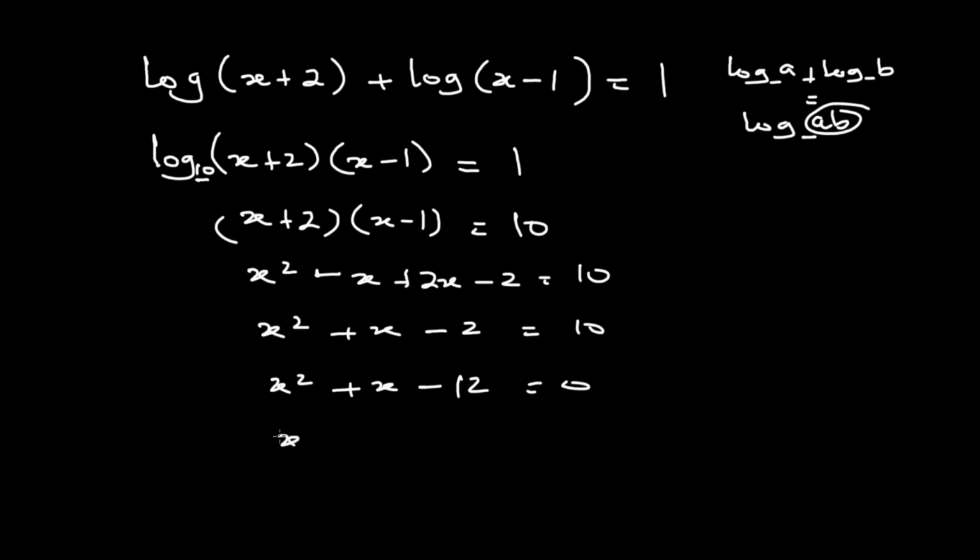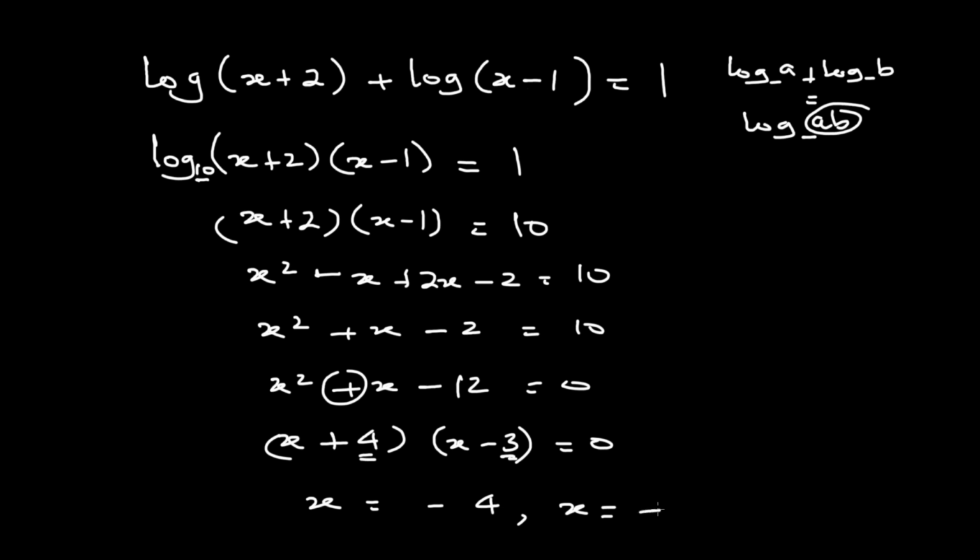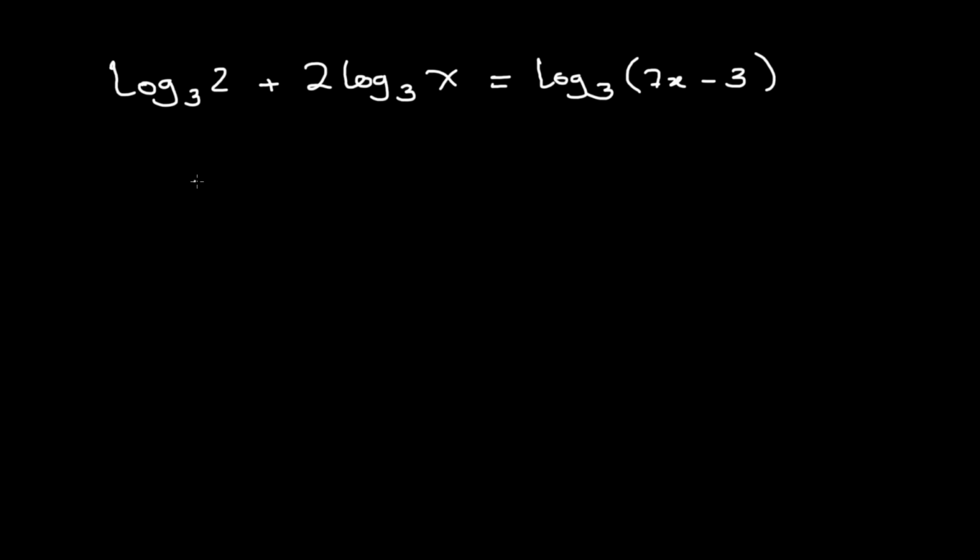Tells me that my situation here will be this and that, because I need a positive here. This is bigger than this one, so it's positive. Okay, so I have x is equal to minus 4 and x will give me plus 3. Those are my solutions. Look at this one. You can pause the video maybe and also just see the patterns that can help you to solve this one. Okay,